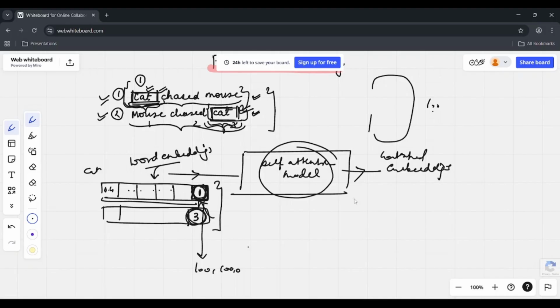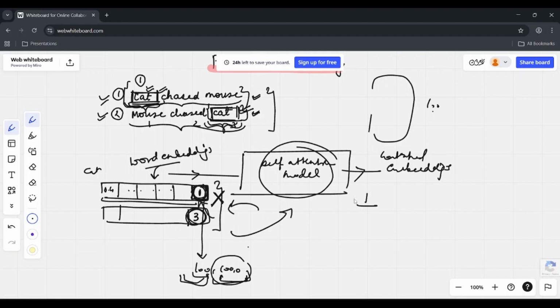And because these numbers are unbounded, and we know that in deep learning the numbers should be normalized, because if numbers are not normalized, then our training will be unstable. So these bigger numbers will cause unstable training. That is why this is not the method that we can use, right? Now you might say, what if we divide this number by the maximum number we have?